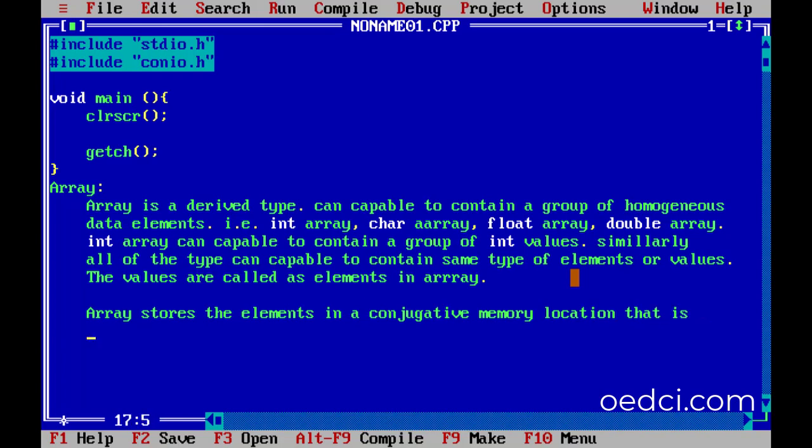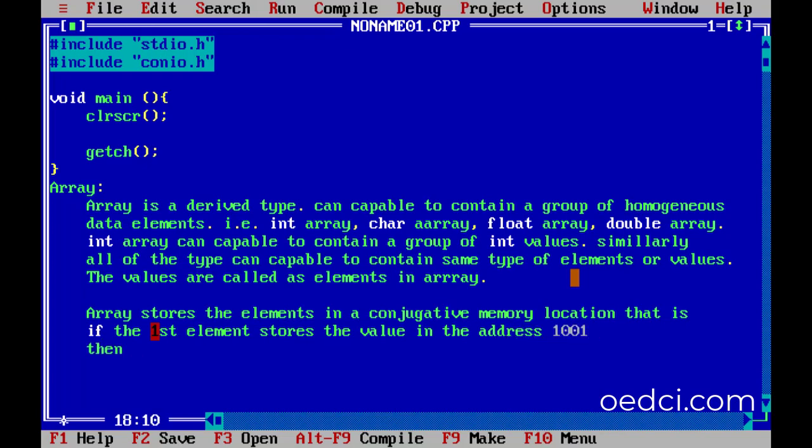That is, if the first element stores the value in the address